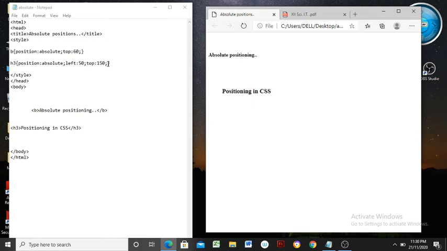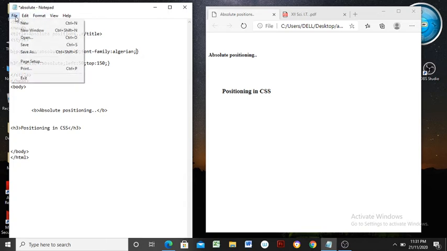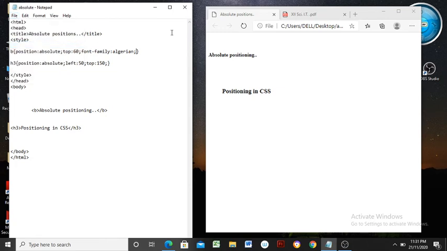You can apply any other effect on such content, it is applicable. Suppose I want to apply font-family, a value I have given here, Algerian. So such content will be displayed in Algerian font. We have to save this again and refresh in the browser's window.